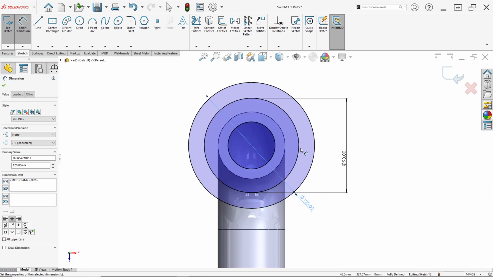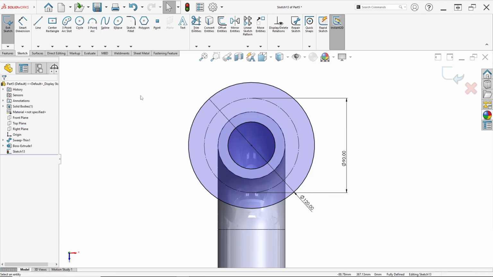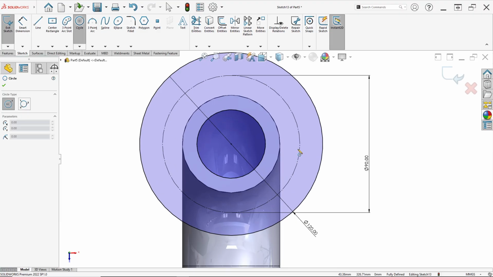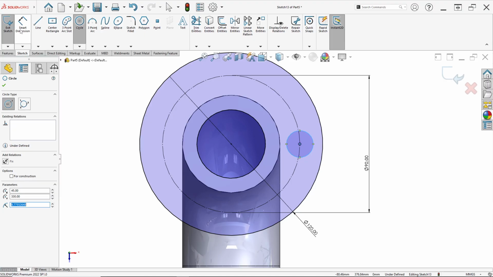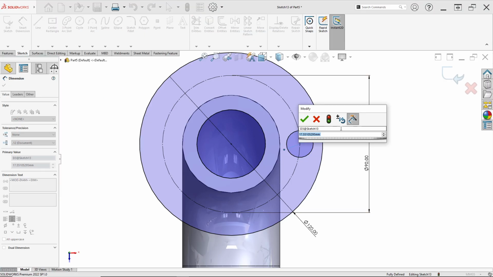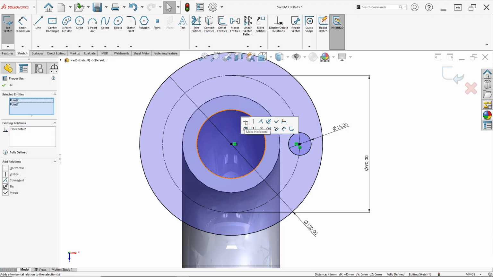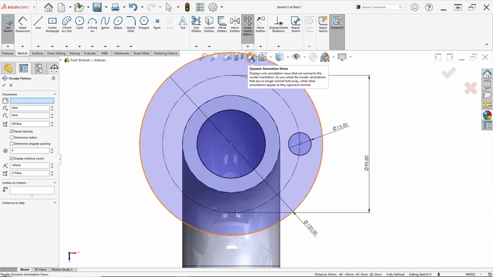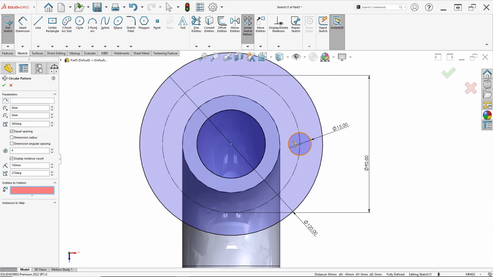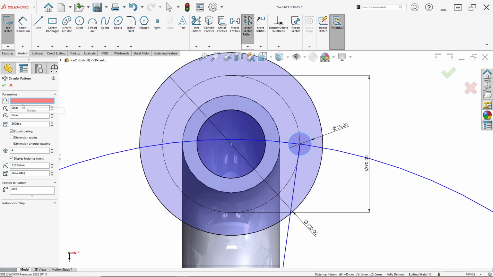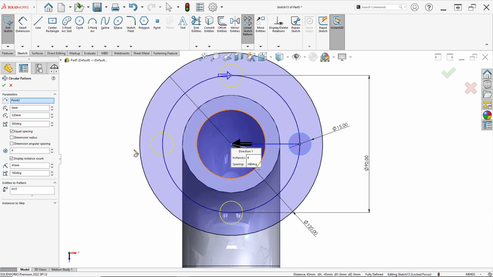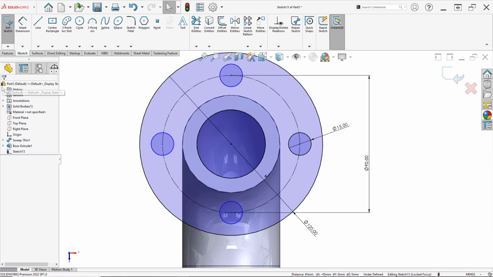For diameter 90, right click and click construction geometry, and make a circle again to make a hole with diameter 15. Select this point and this point, press Ctrl and make horizontal, then select circular sketch pattern. For this circle pattern, for the center point delete and select this point. Number of instances is 4, and click OK.